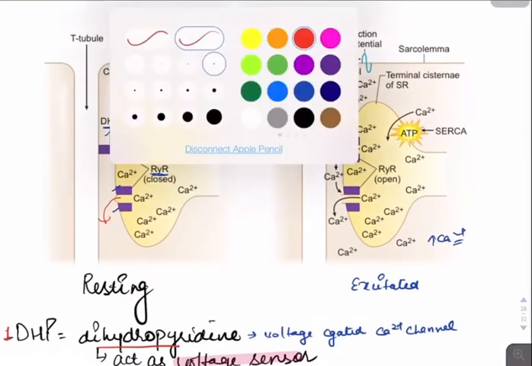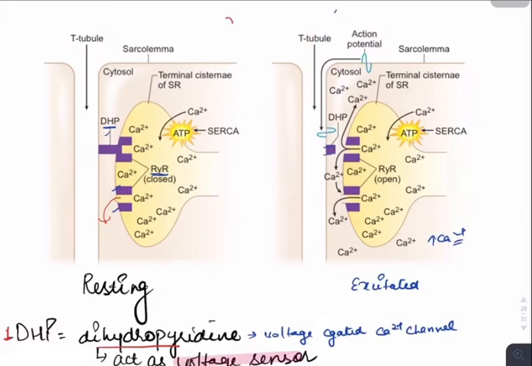Suppose this is the neuron. When calcium channels are opened, that leads to release of the neurotransmitter at the neuromuscular junction, and that depolarizes the motor end plate. Then depolarization spreads through the T-tubule and causes a conformational change in the DHP receptor.